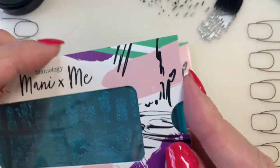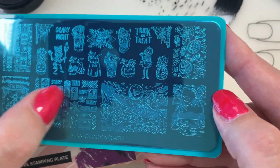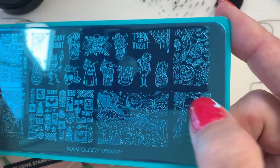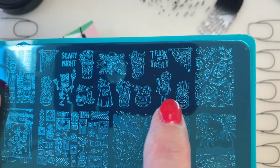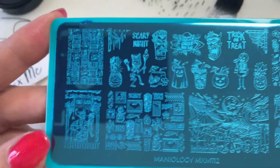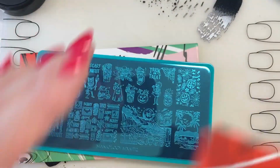So this is our Tiki Hawaiian stuff, I guess. MXM112. We've got scary Tiki images right here. We've got the ocean waves, a nice sunset with bats. That's pretty cool. We've got jack-o'-lanterns and spider webs, trick or treat, scary night, different Tiki and jack-o'-lantern like drink cups, you know? That's cool. Tiki bar with a skeleton making a cocktail. That's funny. And just different, still Hawaiian inspired